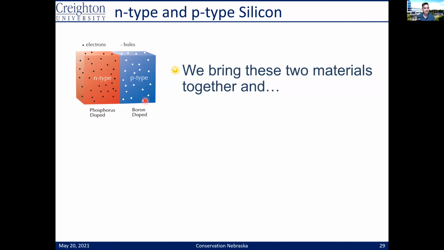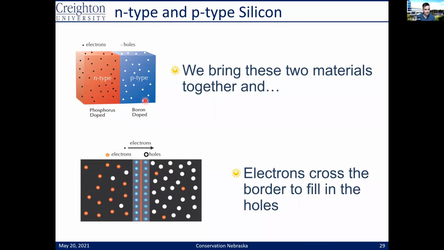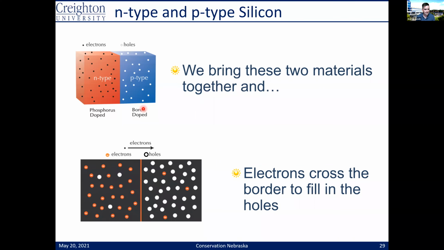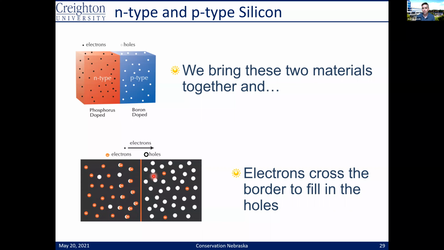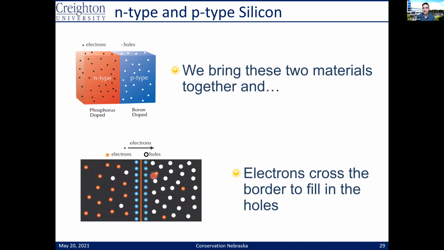So we'll cut to the punchline. What ends up happening, we'll just have to wait a second. This is a GIF, so I have to wait, there it goes. Electrons are going to migrate across, and they're going to fill the holes, right? But when those electrons leave, they're going to leave behind something that is positive. And as the holes get filled, they're going to turn more negative. So voila, we have something that is positive now, and we have something that is truly negative now. And so these are the charges that we needed to be able to move electrons around and make a current.